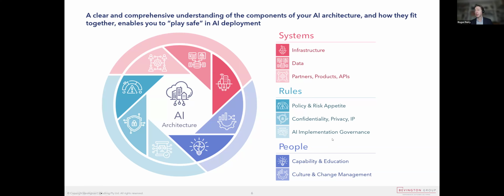You'll have to think about how to govern it. To what extent have you got new governance bodies? To what extent are you actually building this into existing governance bodies? We're actually increasingly finding building it into existing is a sensible idea, just because of governance overload that organizations are often facing. And anyway, everybody kind of needs to learn about this. It doesn't mean you leave them as is, you can adjust them, but building too much new infrastructure, you just get a governance overload. And then people, capability and education, culture and change management.